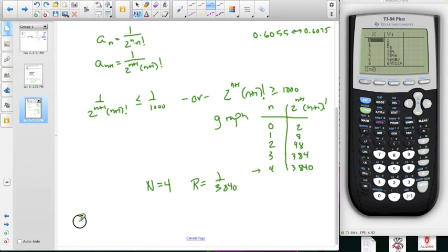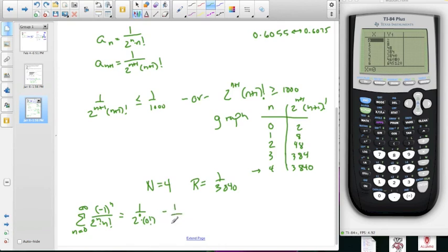If we're looking at the series here of negative 1 to the n over 2 to the n times n factorial, going from n equals 0 to infinity, then when we put in 0, we've got 1 over 2 to the 0 times 0 factorial, that's defined as 1,